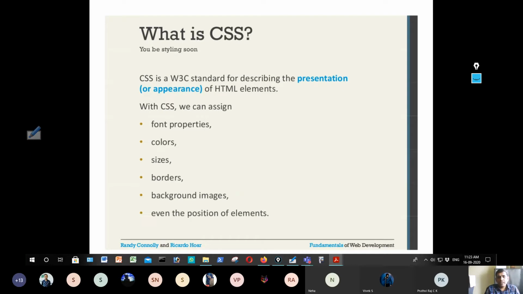So why do we use HTML and why do we use CSS? HTML is used to give a structure to a web document. The structure of a web document is defined by HTML, Hypertext Markup Language, whereas the style for a given web document is provided by CSS. Style is given by Cascading Style Sheet Language, CSS. The structure of a web document is given by HTML.